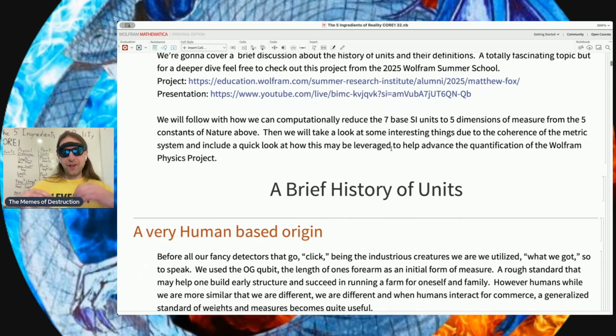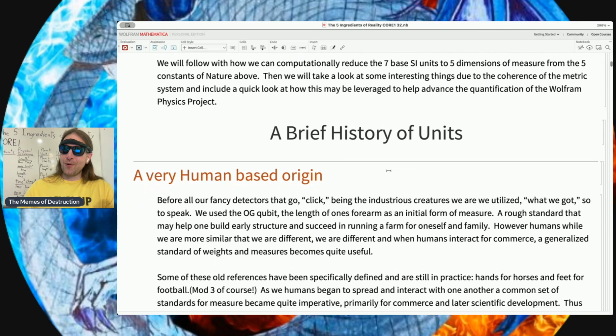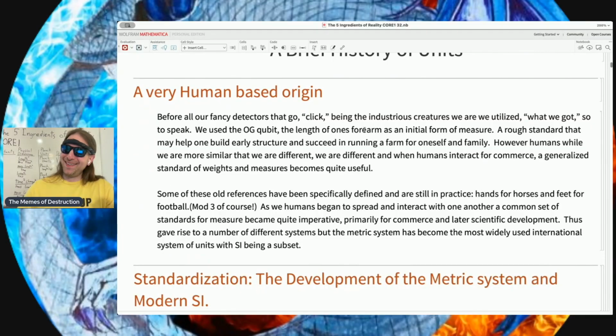Okay, so what we're going to do is go over a history of units utilizing the 7 base units of SI. A lot of this is out of this notebook. It's been slightly reformulated. So as we can see here, yes, I enjoy saying click. Basically,